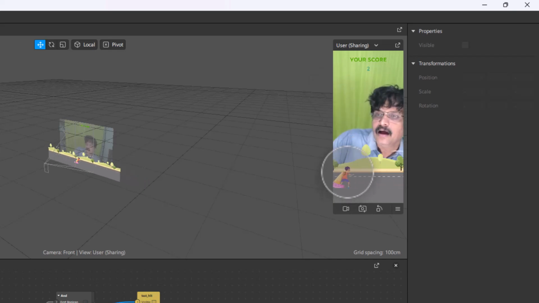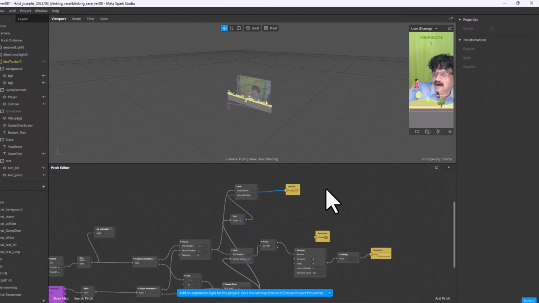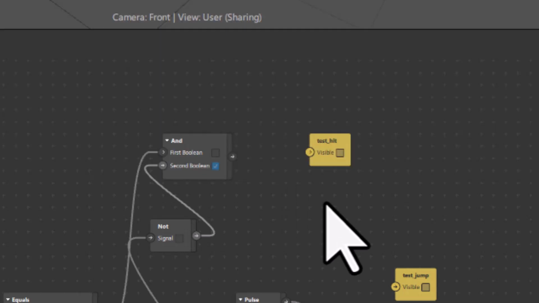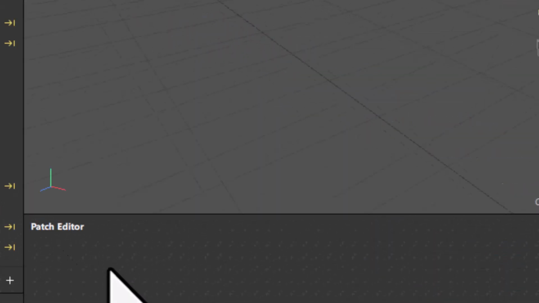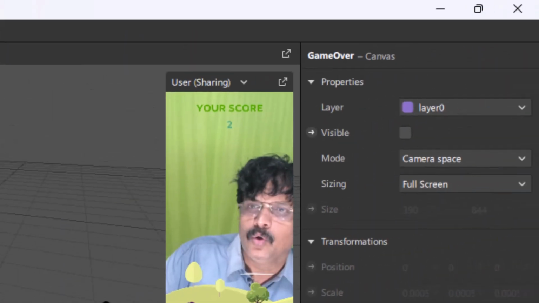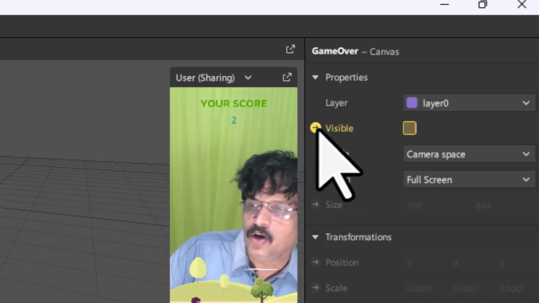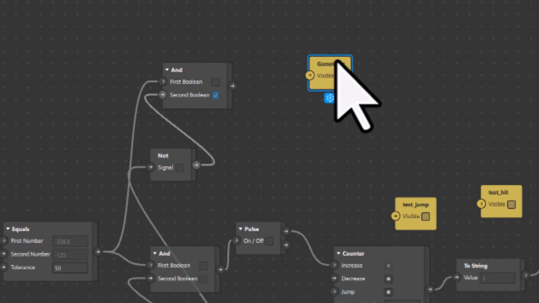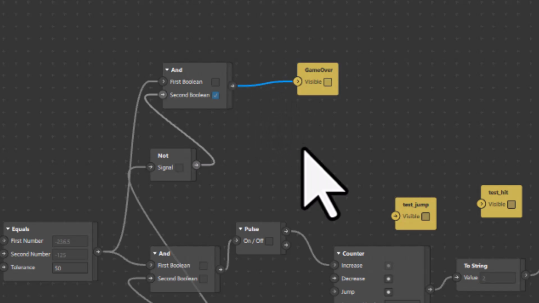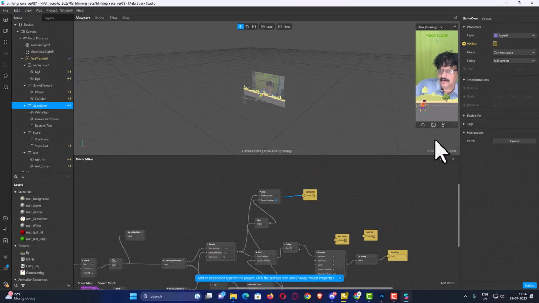But here the thing is, I will stop the playback. I don't want to show the red, but when it crashes, I want the game to be over. So for this purpose, I will disconnect this test hit. I am going to come over here and select Game Over, and in Game Over you have the visible tab here. I will click on it, and this will add the game over visible patch here. Now, if I connect this directly to game over and play,